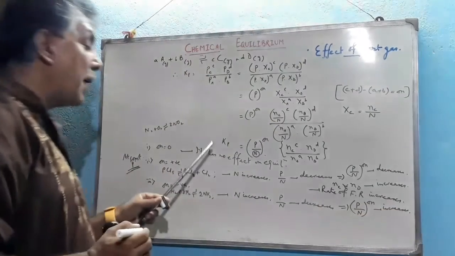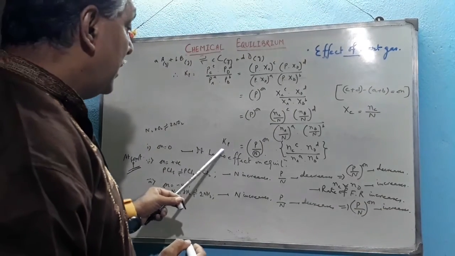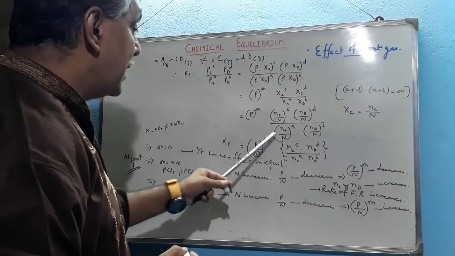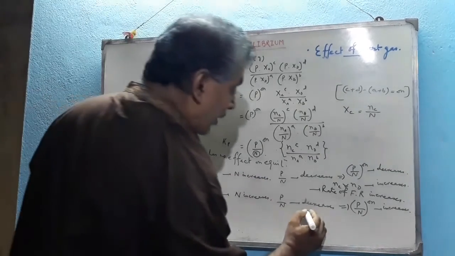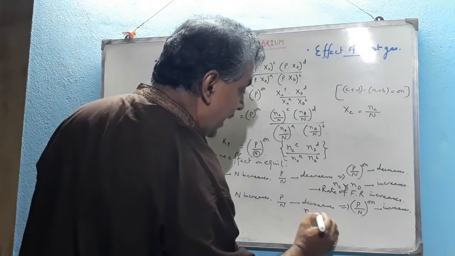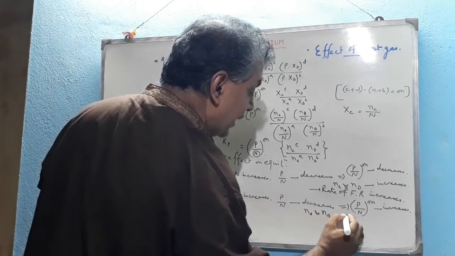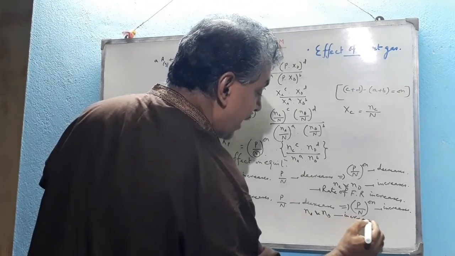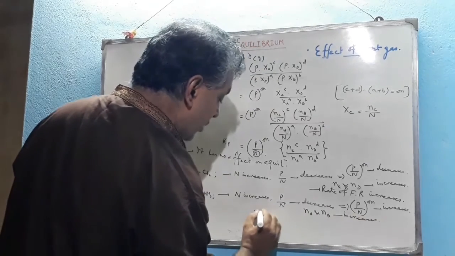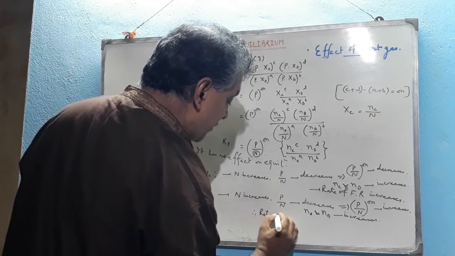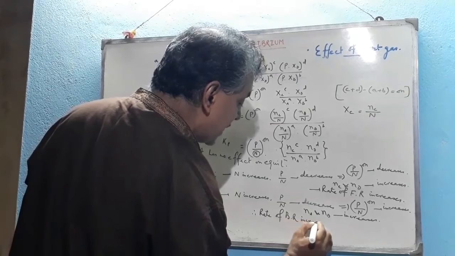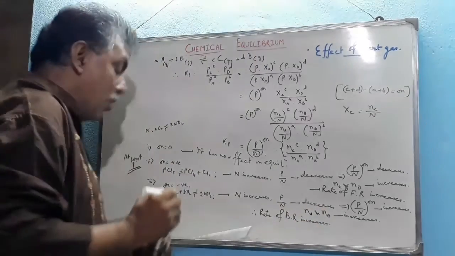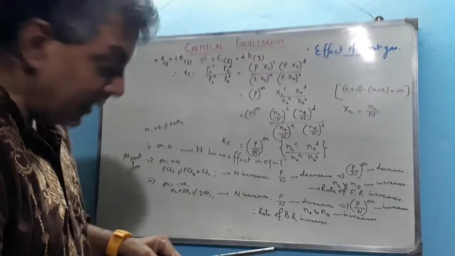But we know that Kp is constant at constant temperature. Therefore, since it increases, this value must be decreased. How can it be decreased? Therefore, we can say that number of moles of A and number of moles of B increases. That means rate of backward reaction increases, so rate of formation of the product decreases. All these are obtained in case of